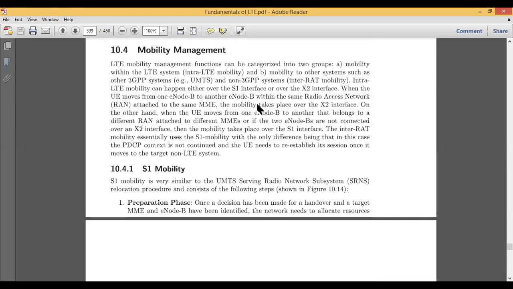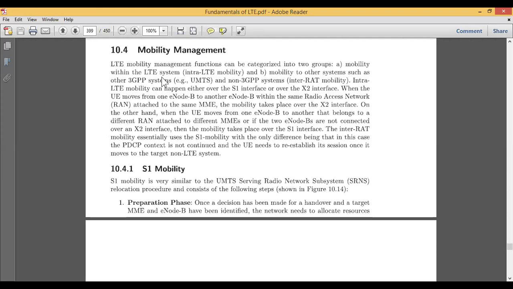The second function is mobility to other systems, which is called inter-LTE mobility, or sometimes 3GPP, the Third Generation Partnership Project.